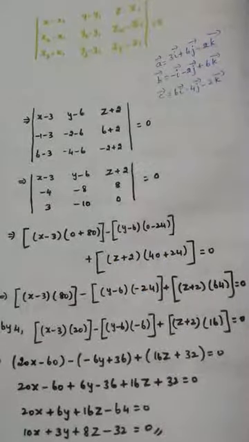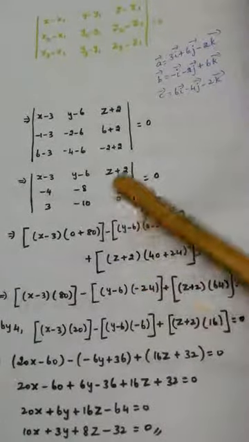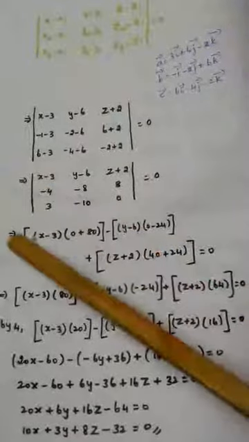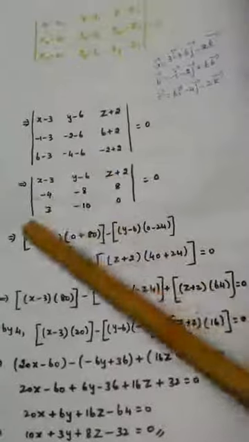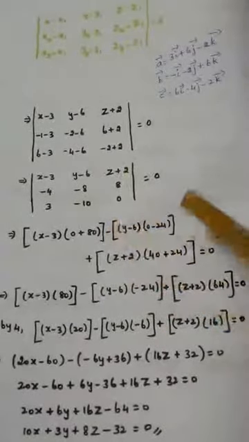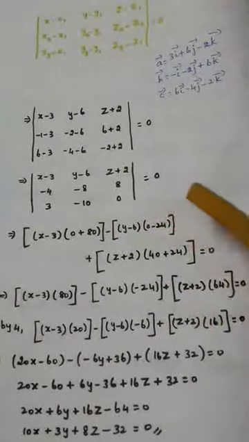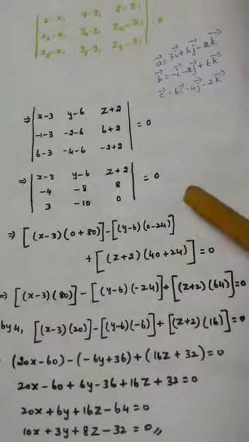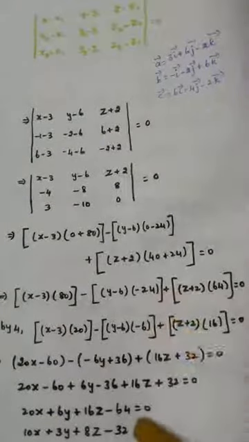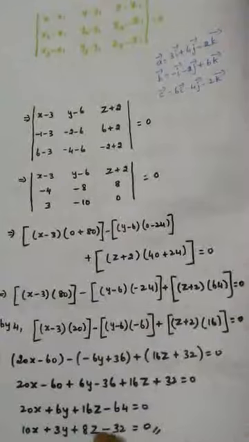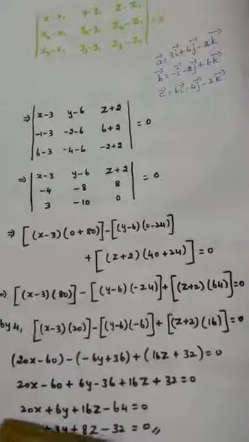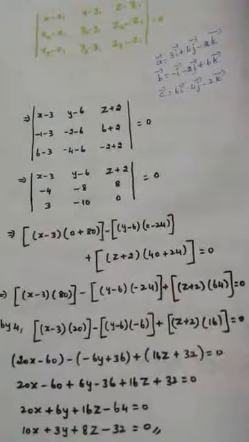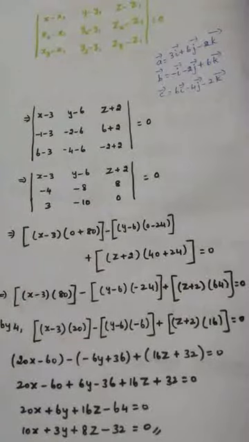So I need not explain all these things. You know how to expand a determinant. First term is plus, second term minus, third term plus, cross multiplication, like that. We have done the same steps many times, so I'm not going to explain this. You can do the simplification by yourself. The final answer is this. This is nothing but what? The Cartesian equation of the plane. So we have answered all the three parts. We'll go for the next topic.